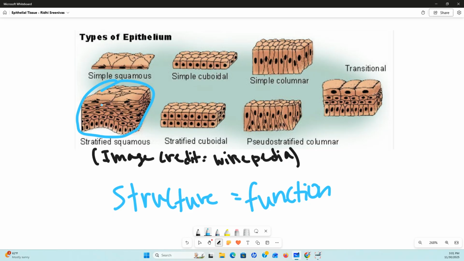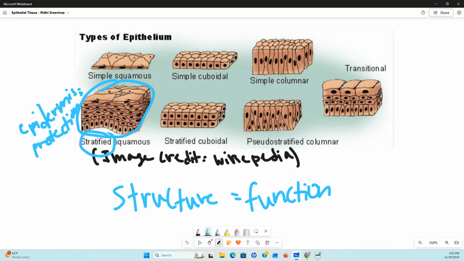And how can we tell? Well, let me just explain first what the function of the epidermis is. But if you can think of a function of the skin, think of one. There's many different ones, but one that comes to my mind right now is the skin is the first line of defense for any pathogen to get into your body. So therefore, this top layer provides protection, right? And so how could we have been able to tell that based on knowing that the epidermis is stratified squamous epithelium? Well,